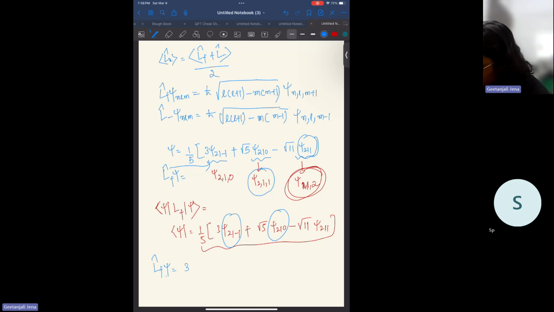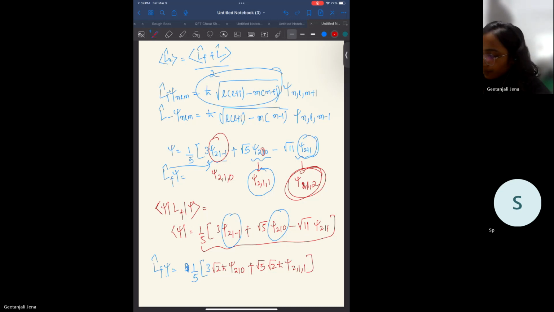This is nothing but 1 by 5, 3. When you calculate this for L equal to 1 for this state, you will get root over 2 h cut psi 2 1 0, plus root over 5. Here L is also 1, so you will get root over 2 h cut psi 2 1 1. Okay. Now when you take the inner product,